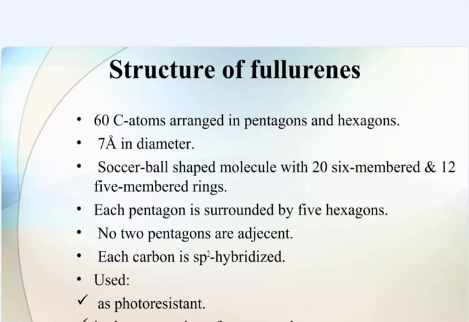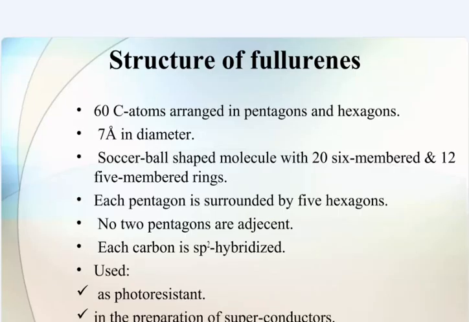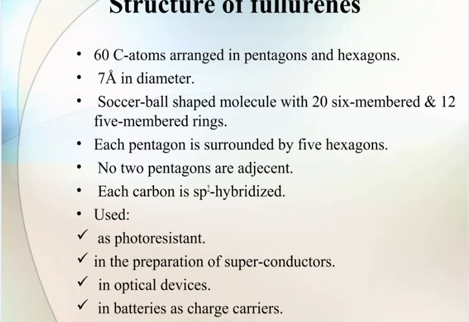Now structure of fullerene: 60 carbon atoms arranged in pentagons and hexagons, 7 angstrom in diameter, soccer ball shaped molecule with 20 six-member and 12 five-member rings. Each pentagon is surrounded by 5 hexagons. No two pentagons are adjacent. Each carbon is sp2 hybridized. Used as a photoresistance, in the preparation of superconductors, in optical devices, and in batteries as